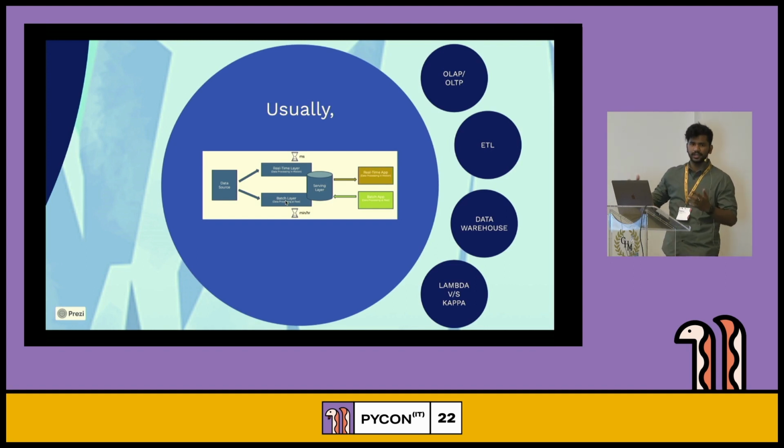You can take a picture. I won't be getting deeper into these, but OLAP or OLTP are different databases or architectures inside databases in which there are different types of optimization for particular queries. ETL, again, is something that we would be discussing deeper.